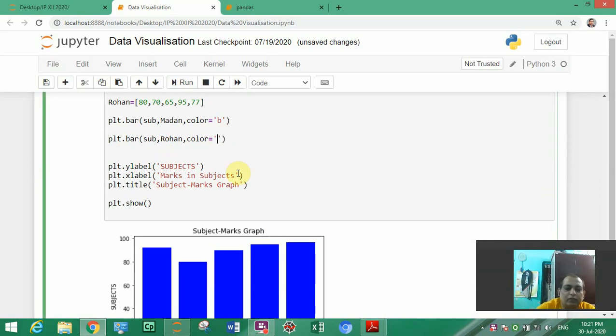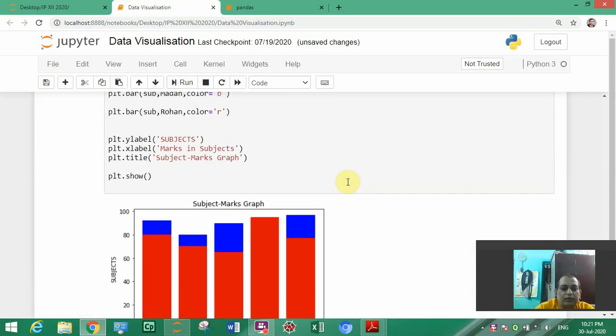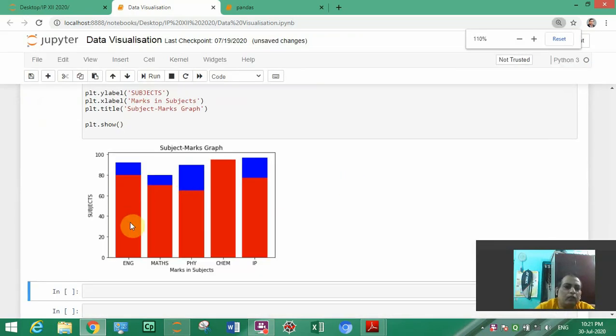If we change the color, red for Rohan and blue for Madan, then you can see that the bar is coming, and you can clearly see that in English Rohan's marks are less than Madan's. Rohan is represented by red, and Madan represented by blue.